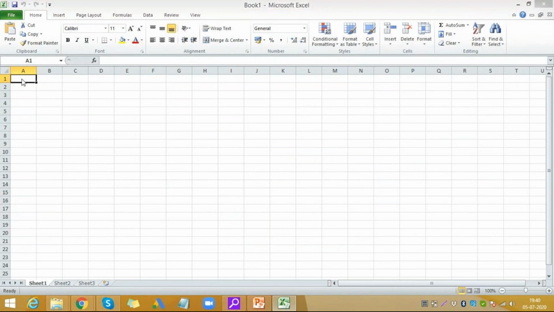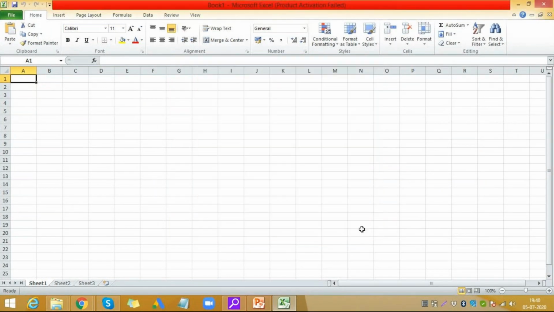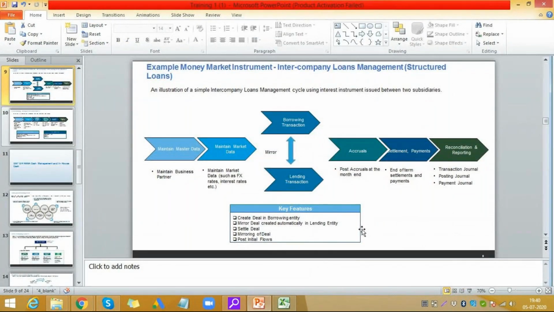Okay, so let's talk about a very commonly used instrument, intercompany loan. Intercompany loan is created in each client that you will work for if they've implemented treasury. Every organization uses intercompany loans, irrespective of whether they have implemented treasury on SAP or not. Even if they have not implemented treasury on any TMS system, they still do intercompany loans through Excels or different ways. What does intercompany loan mean?